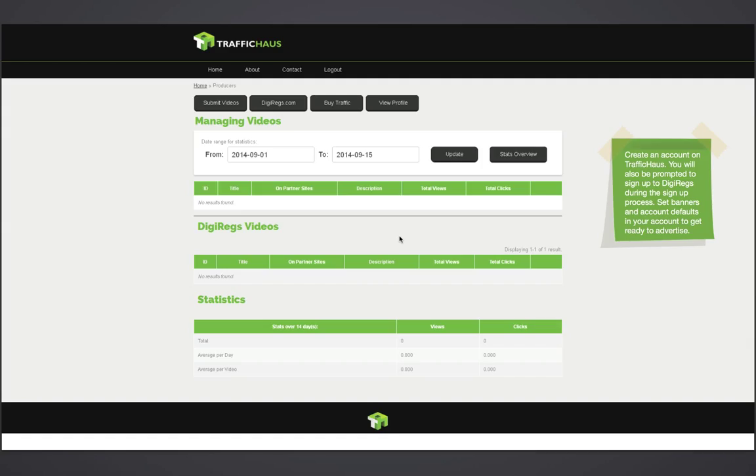When you submit videos, however, you are required to set up an affiliate program account for that particular publication owner so that you may pay them out for allowing you on their ad space. If it's DigiRegs rated content, you do not have to provide a link back. You can link to your sites freely. So first step is to create the account profiles for each publication so you can begin flagging content as well